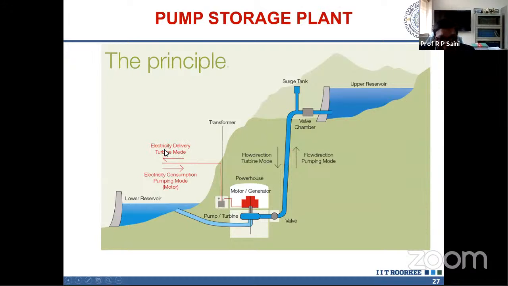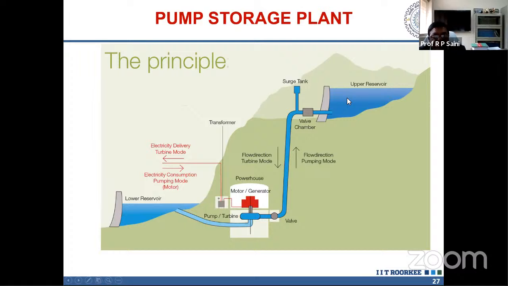But for a few hours in 24 hours, there is surplus energy in the grid which is not used. In that case, that electricity can be used in the same machine. This turbine can act as a pump, and the pump can act as a turbine, the generator can act as a motor, and the motor can act as a generator. During that period, you can pump the water, because whatever water has come to the downstream doesn't have power, since power is due to head. So they draw the water from the tail race and lift the water again to the reservoir.